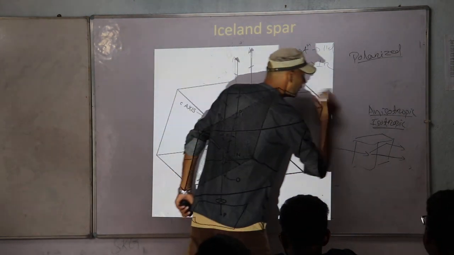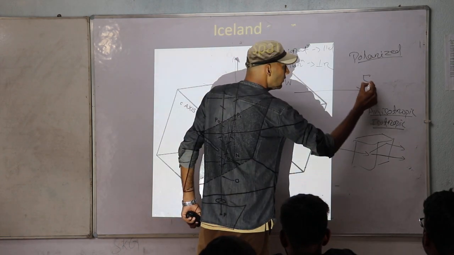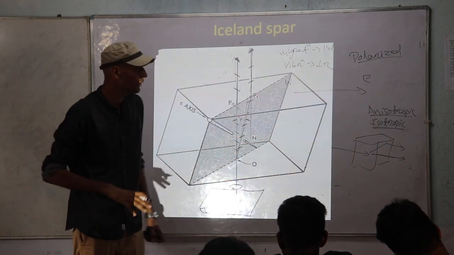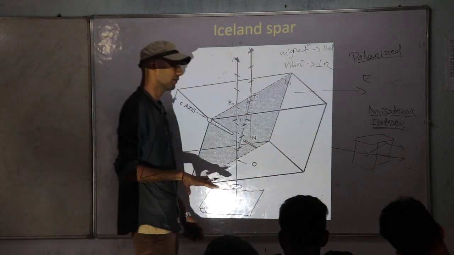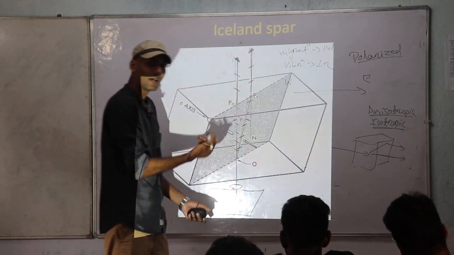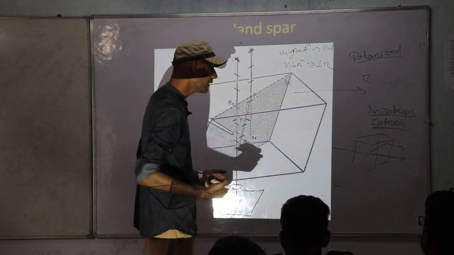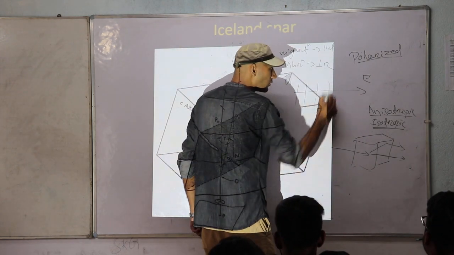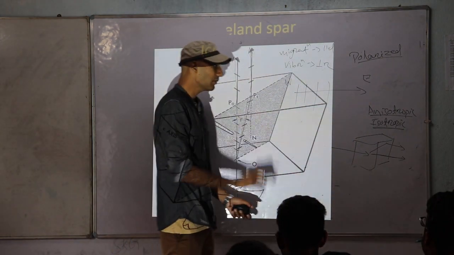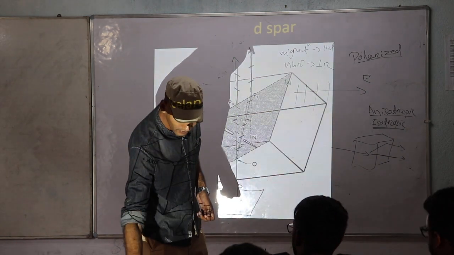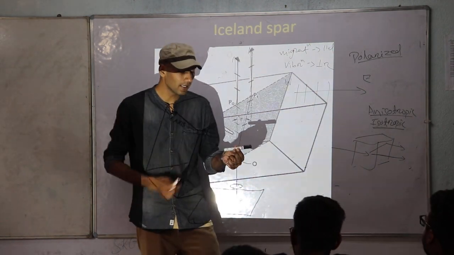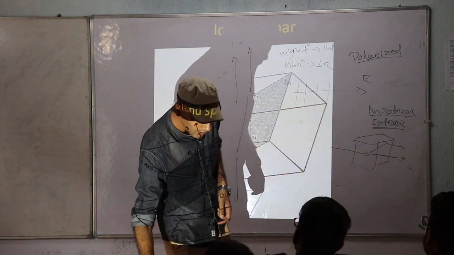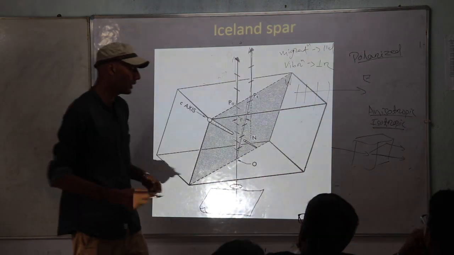So what is vibration? Whenever a light ray is moving in this direction, let's consider this is west to east, so the direction of propagation is from west to east. But direction of vibration means the vibration of molecules of the medium, right? The light ray is not vibrating. Light ray is an energy, okay? When it passes through the medium, the particles of the medium are going to vibrate. So these are vibrating perpendicular to the direction of propagation, and that can be in any direction. If this is the direction of propagation of the light ray, the vibration can be like this, like this, like this, anything, infinite number of vibrations, but those are perpendicular to the direction of propagation.